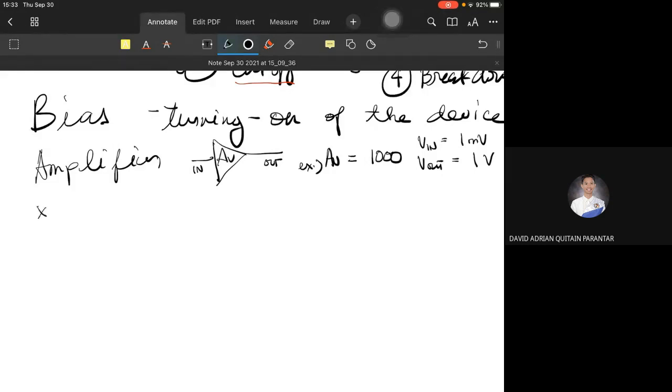Take note: the amplifier is not a magical device that could turn our 1 volt into 1,000 volts. Even if the gain of our amplifier is 100 and our input is 1 volt, you can't expect 100 volts at the output. It doesn't work that way. So its maximum output